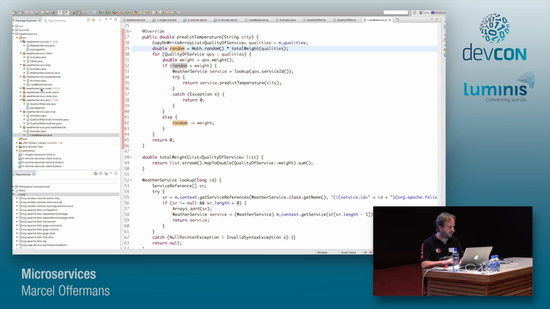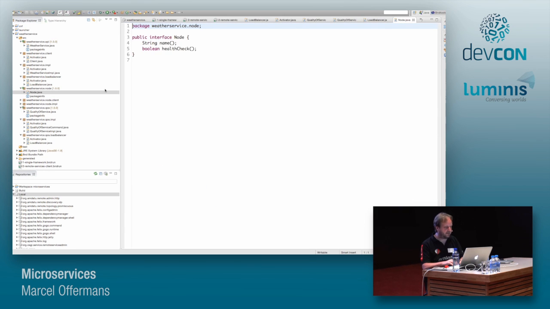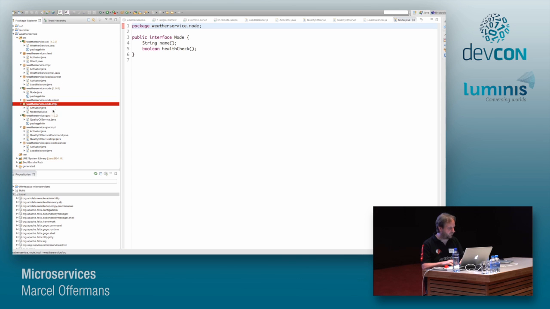I created a very simple API for that as well. I have a node interface, and each node gets some kind of unique name, and it has a health check method that will check if the node's still healthy using a very simple algorithm.